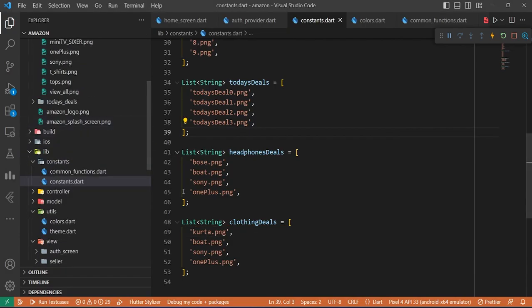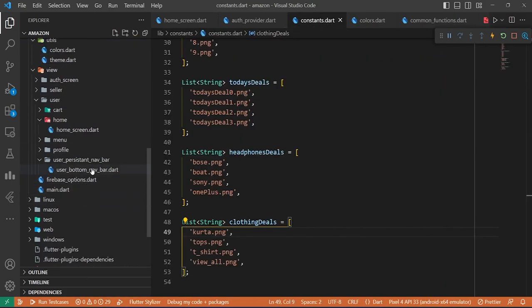Okay. Then goes view all. Okay, I will save this one, copy this name,